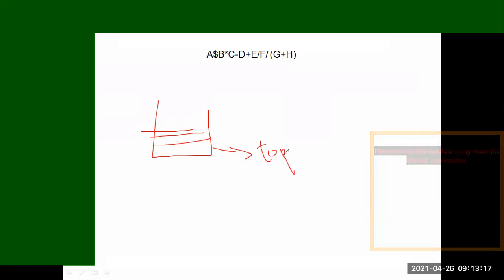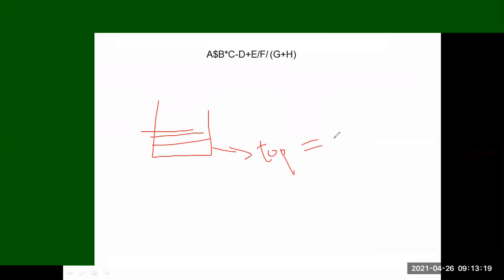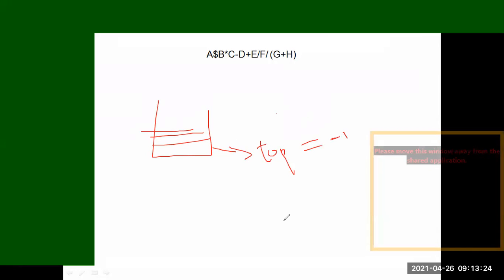Okay, so these are the applications of stack. Stack is where elements are inserted and deleted at the same end, and we call it a stack. A stack can be represented in this format. Here, top is nothing but the position of the stack. If top equals -1, the stack is empty. If top equals stack size -1, the stack is overflow.